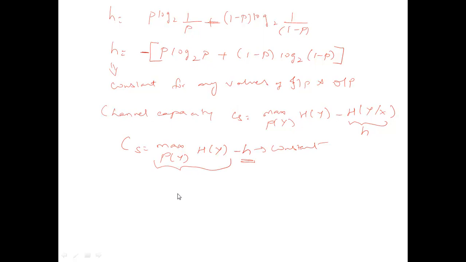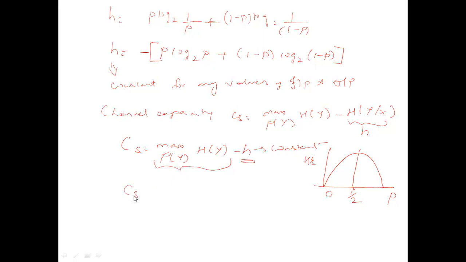Already we know that entropy H of Y is nothing but the average information at the receiver side. Either it may be transmitter side or receiver side, entropy is maximum when you are having equally likely probability. This curve we have already seen for binary. H is maximum when p equal to 1 by 2. So therefore entropy is maximum when equally likely probability.